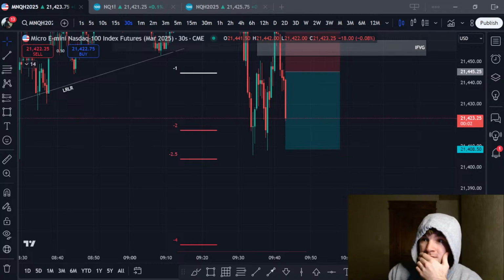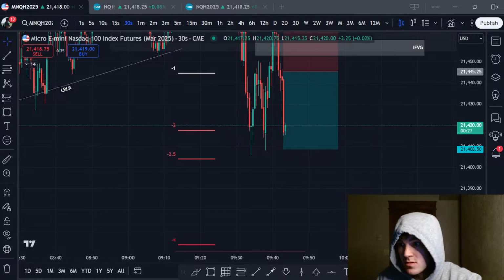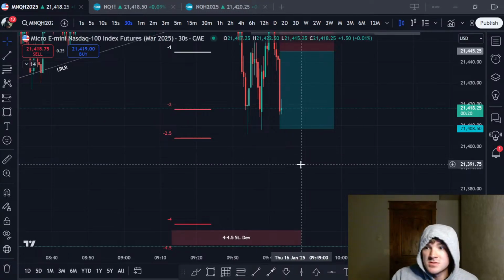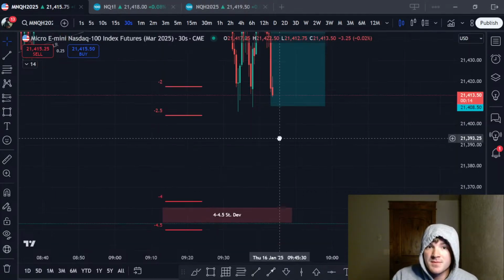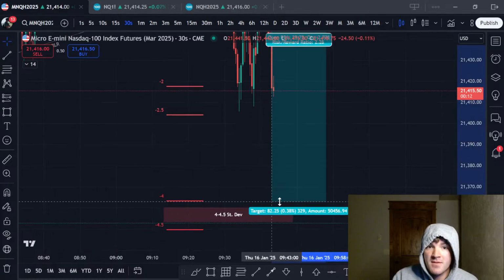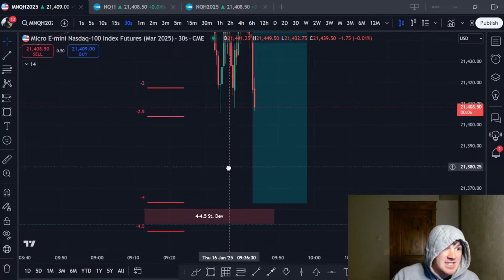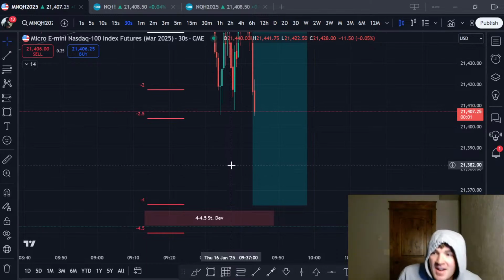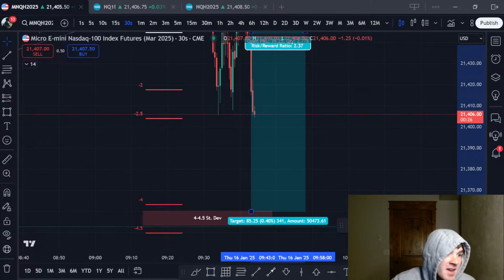Okay, I'm gonna move stop to break even now. I don't like it, break even's not a loss, so I'm actually just gonna take 1 off here, and then I'll leave the other 2 to go down to the 4 to 4.5. Order filled. All right, we made money. I'm taking 1 off there. I'm holding the other 2 for the 4 to 4.5, and the stop's at break even.